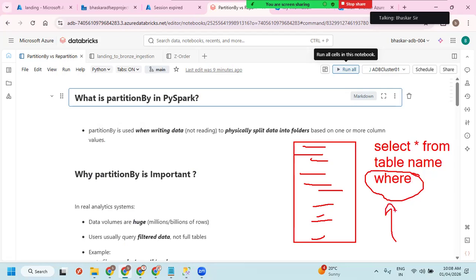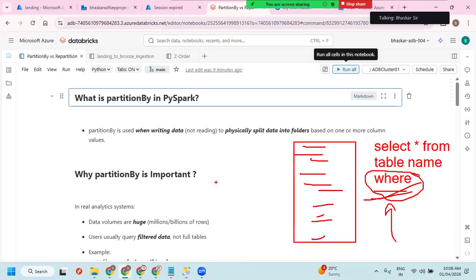So in that case, if you are using this where clause, then how are you going to read the data? Are we going to read the data from the entire table? And one more thing is, when you feed the data into the table, you may not have all the data in a single file. 100% you're not going to have the data in a single file.